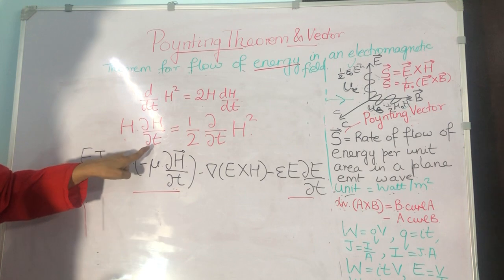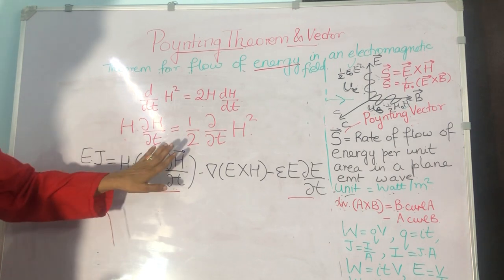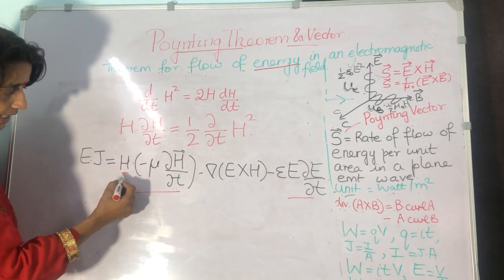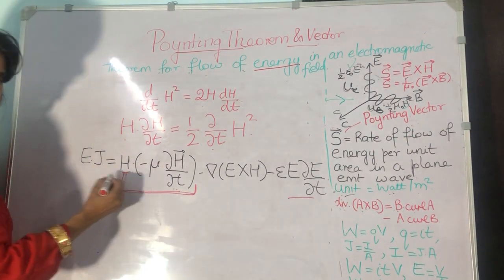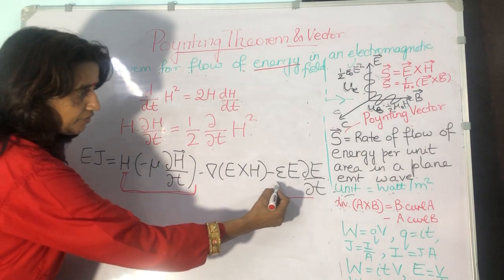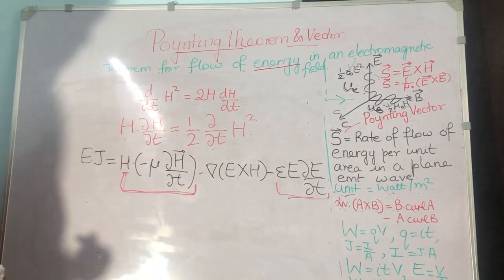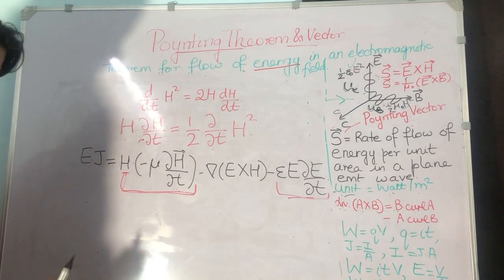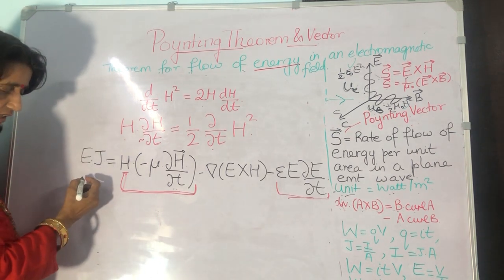Which is dH square by dt. So I don't need to worry. This will become this only. So the same thing I will play with my magnetic field component and with the electric field component. This is one tricky point of Poynting's theorem. So be careful. Once again, have a closer look at the formula.